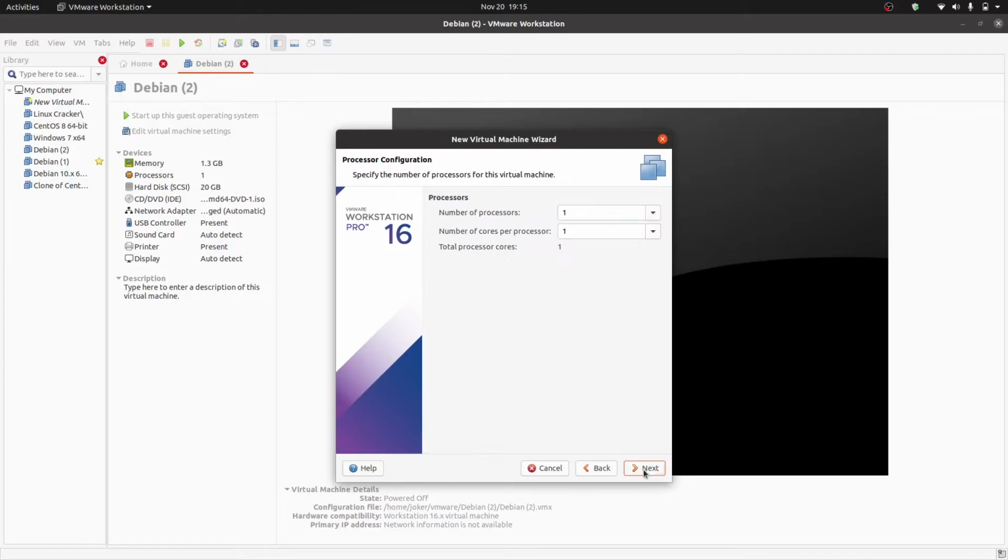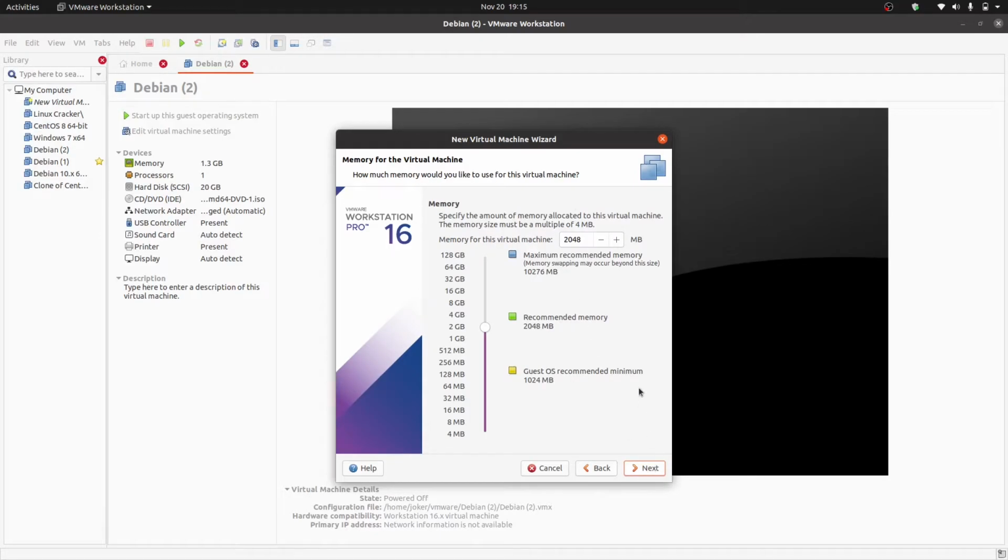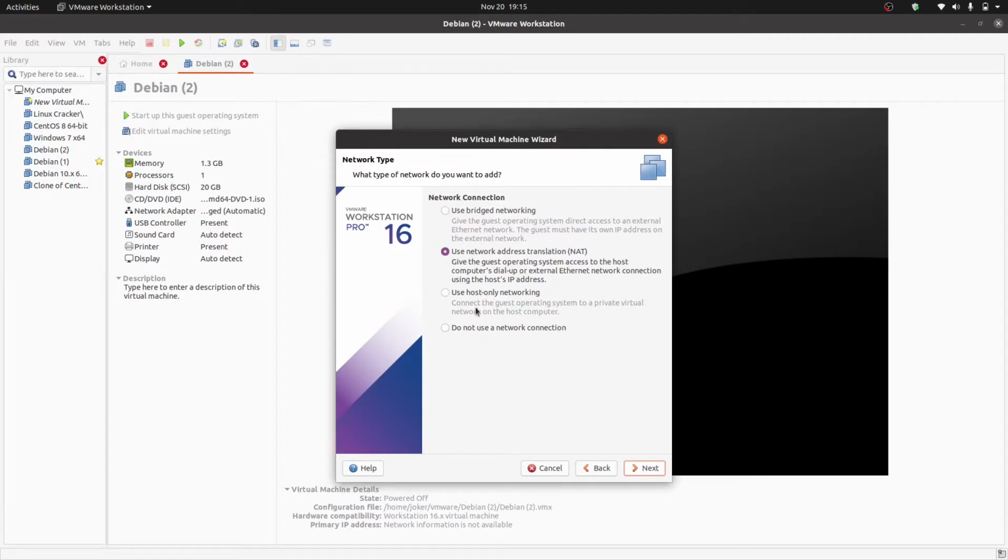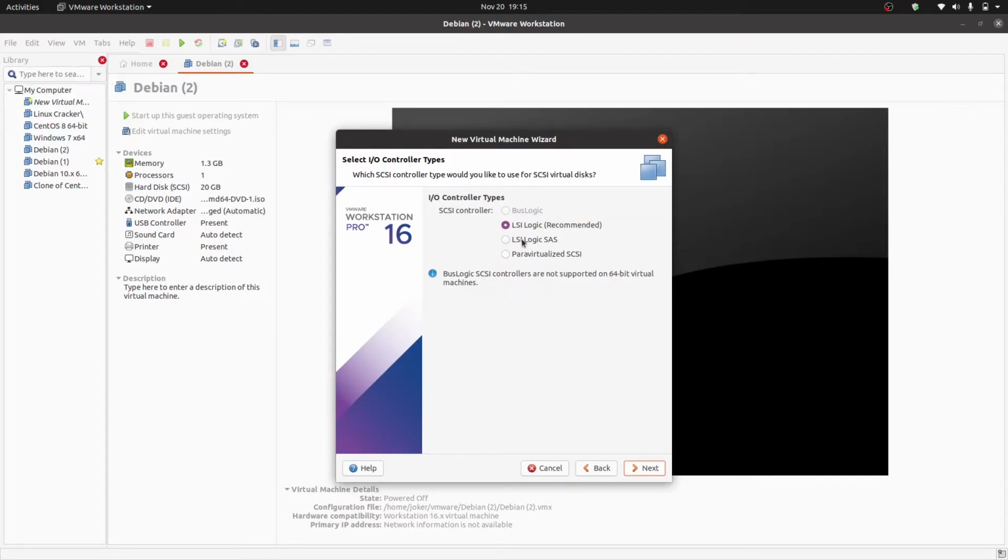Now next, and I will choose the default number of processors and cores, and the default 2048 RAM. Here we use bridged networking, and we will also keep the default LSI Logic, which is recommended for the I/O controller. For the virtual disk type we will use SCSI, small computer system interface, which is recommended by default.